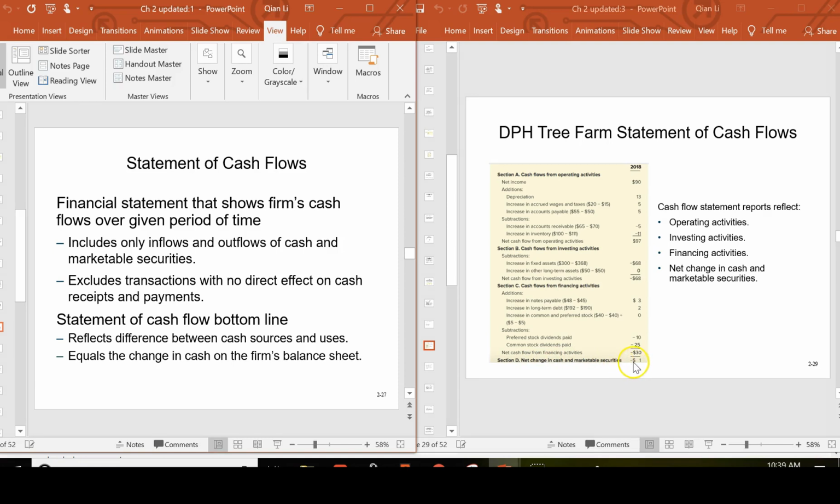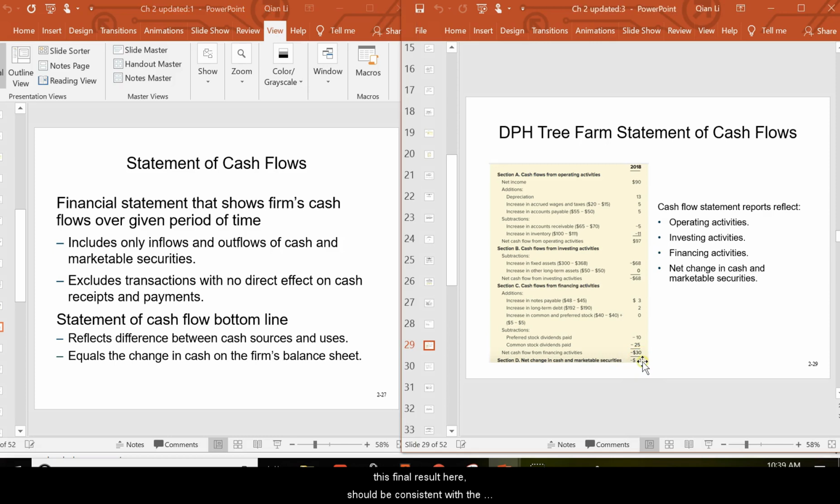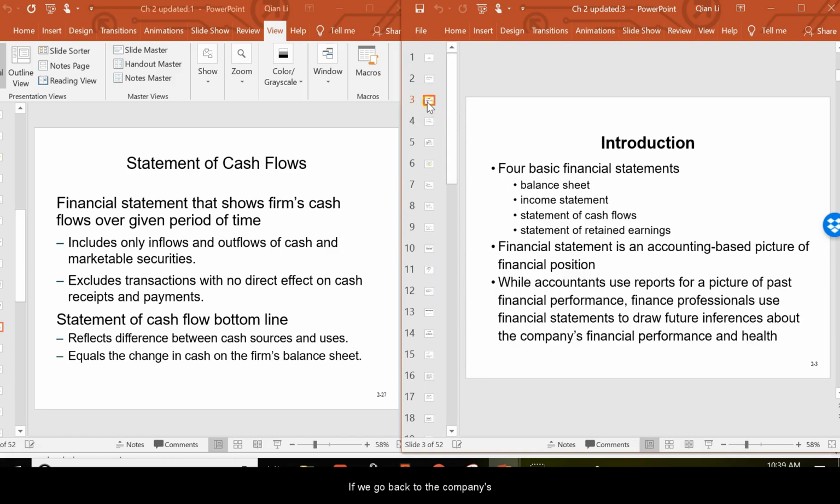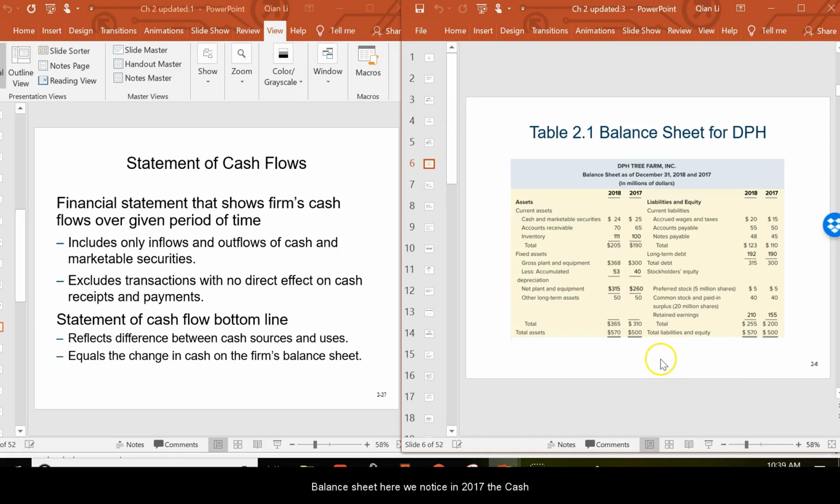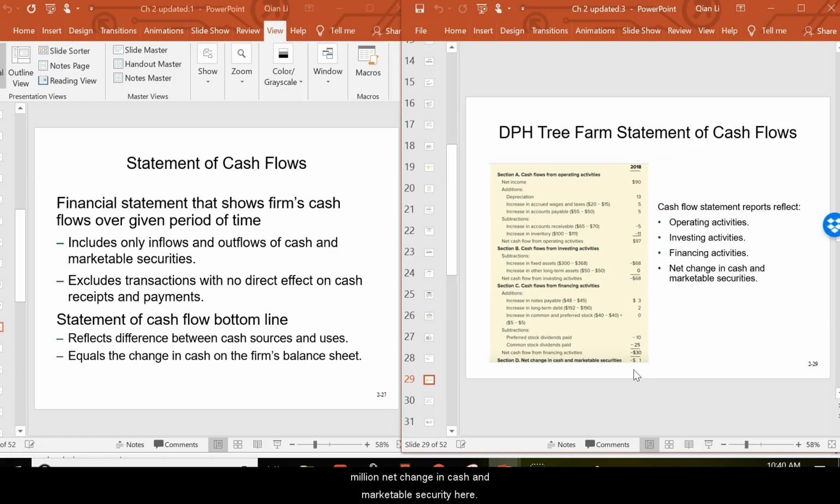And this number, this final result here, should be consistent with the change in cash in the company's balance sheet. So remember, this is a -1 net change in the company's cash and marketable securities. If we go back to the company's balance sheet here, we notice in 2017 the cash and marketable securities was 25, and in 2018 it's 24. So the difference is a -1 million,